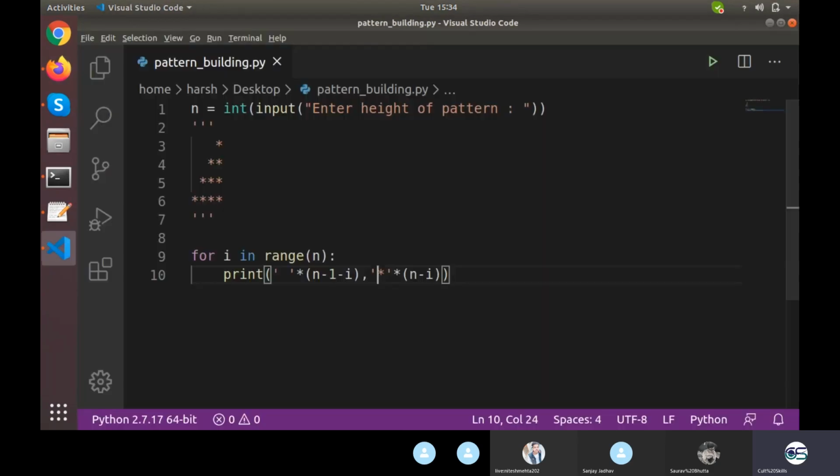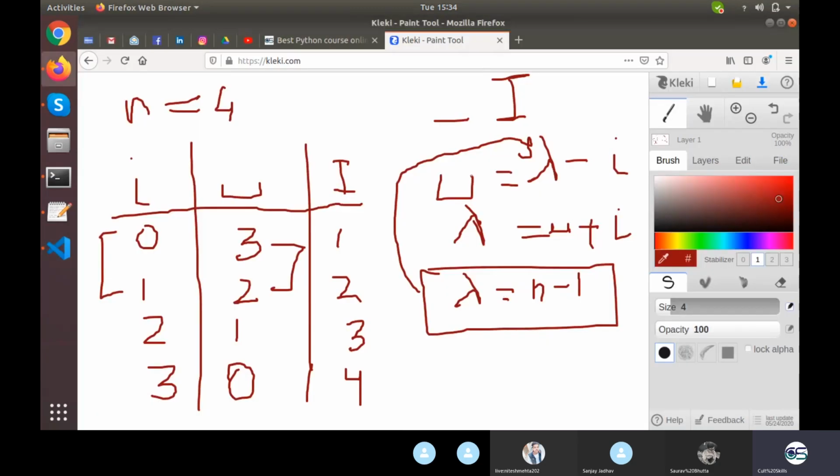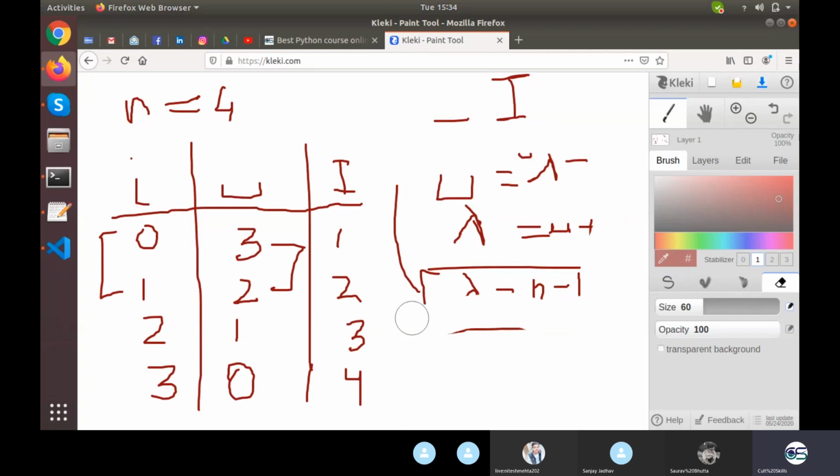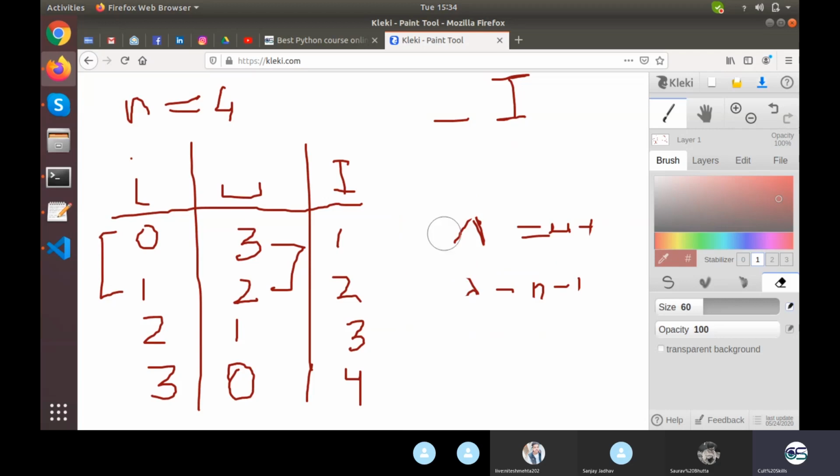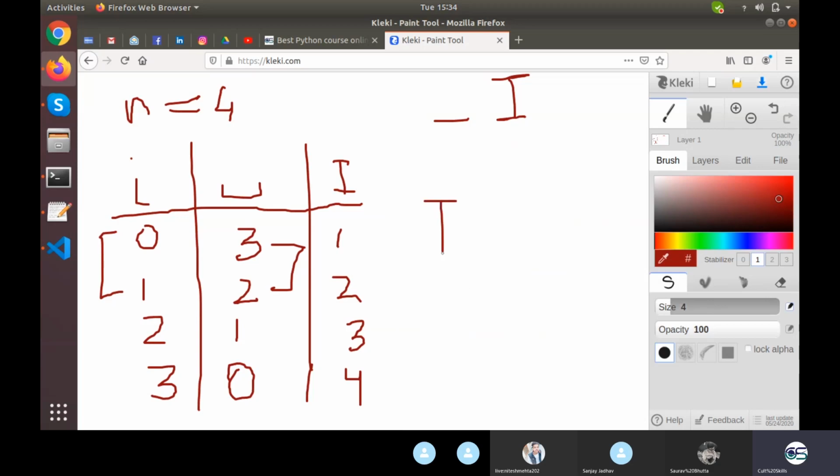Then how many stars? Let's talk about it. I don't know about stars as of now. For the sake of stars, we have something like stars are increasing with the value of I. You can see that they are directly proportional and not inversely proportional. If they are increasing with the value of I, they are like something plus I. So I will say star count is equal to something, anything. I will just draw it with sigma plus I.